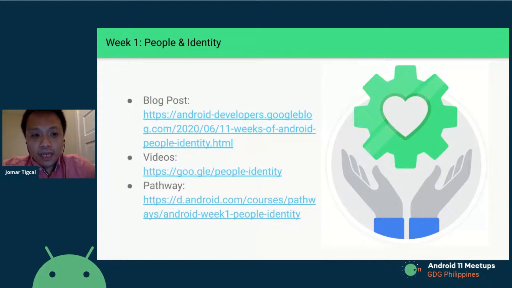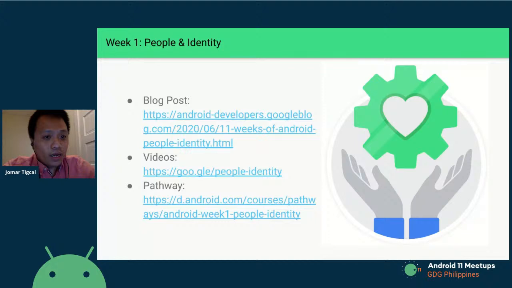Normally, each day of the week they have either a codelab, a new video, or a specific blog post about something related to the topic. They also have this pathway, which is more like a collection of these codelabs and videos.